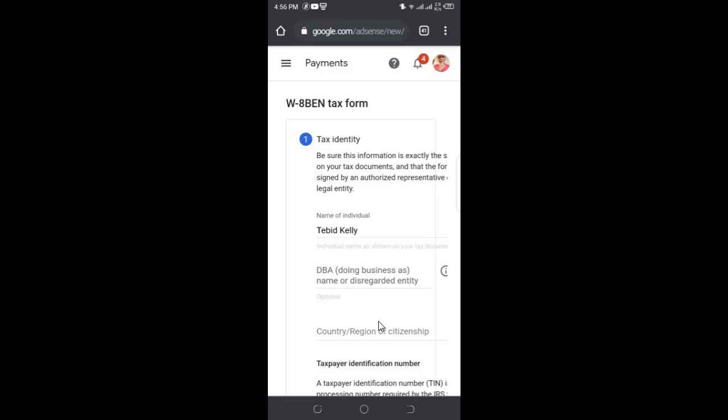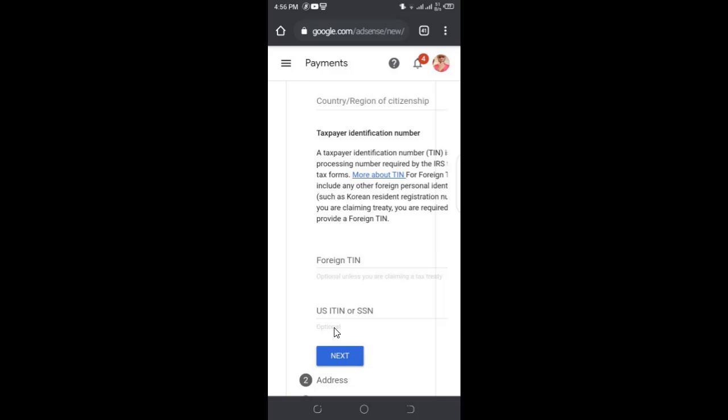So you take Germany, and then where you see the name of the individual, that's where you enter the person's name, the name found on that tax document, not the name on your AdSense account, not your real name. You enter the name of the person found on the tax document, and you leave doing business as empty. Here in the country of citizenship you choose the country. If the person that provides the tax document is located in Germany, you put Germany right here, because we've not selected US as a country in the previous form. So we're going to select Germany here, and you scroll up.